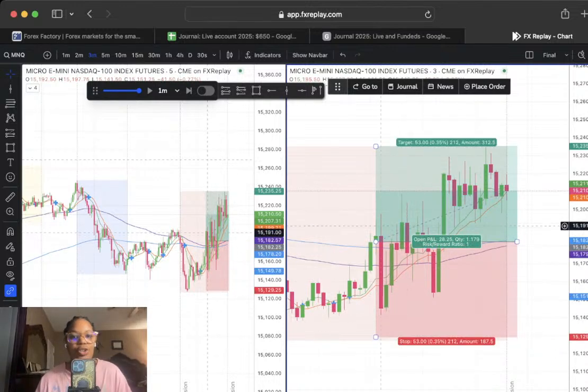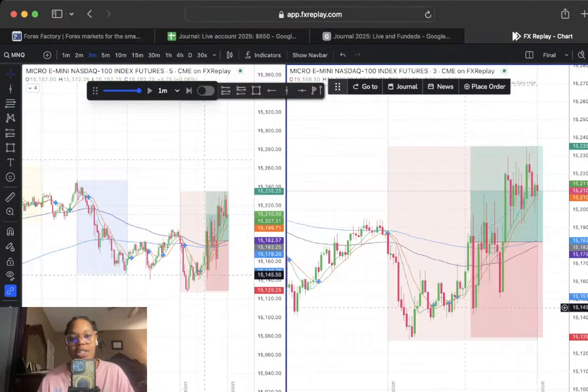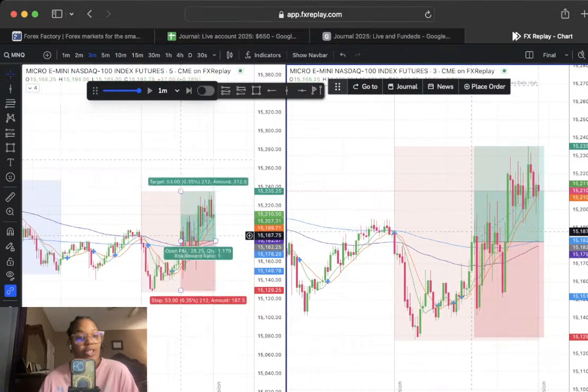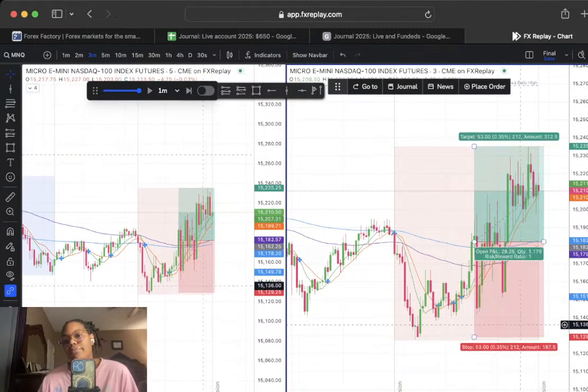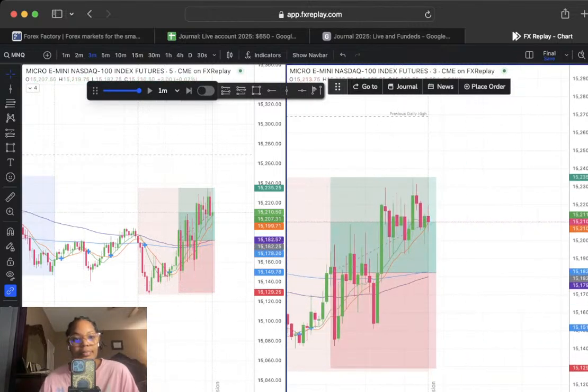And this is why usually I say enter when we're above all four, but I've seen it like this, where before we played this out, it looked very strongly bullish, like we're just going to shoot straight up. And that's why your stop loss is the low, and it definitely played out.